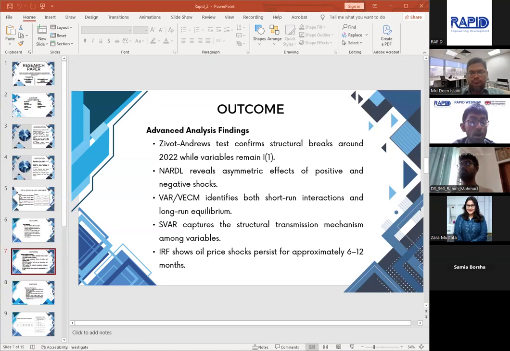When oil prices go up, the damage to the economy happens fast and it hits hard. But when oil prices go down, the benefit, the cheaper goods, the relief for consumers, takes much longer to show its implications. Prices go up like a rocket, but come down like a feather. Lastly, when a shock hits, its effects don't disappear overnight. They linger in the economy for a roughly 6 to 12 months period of time.